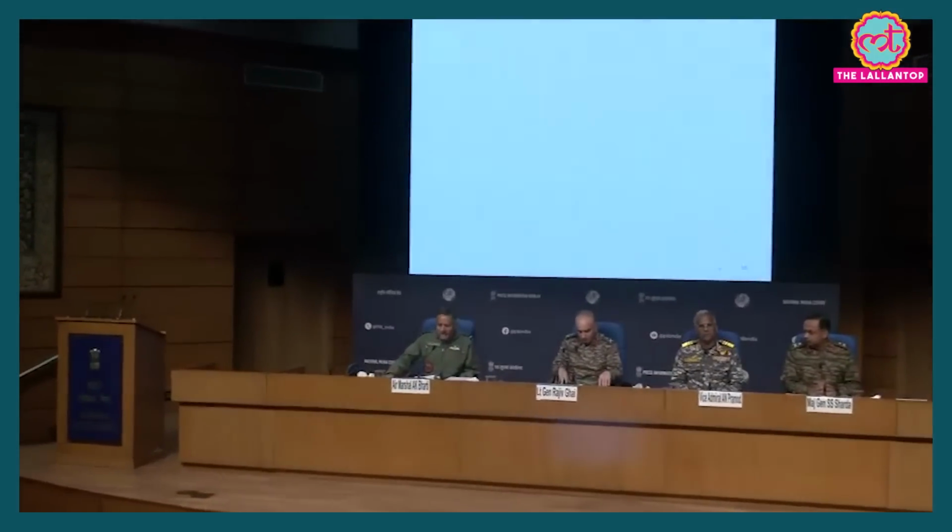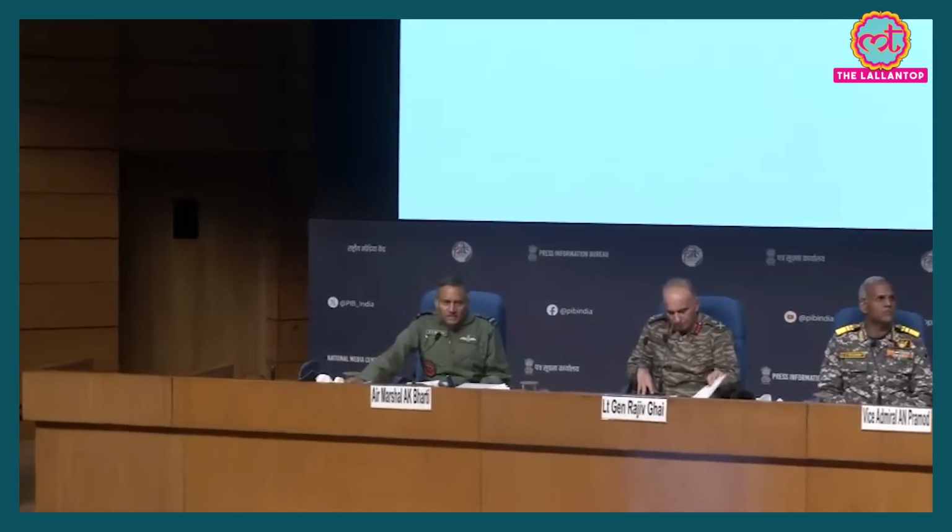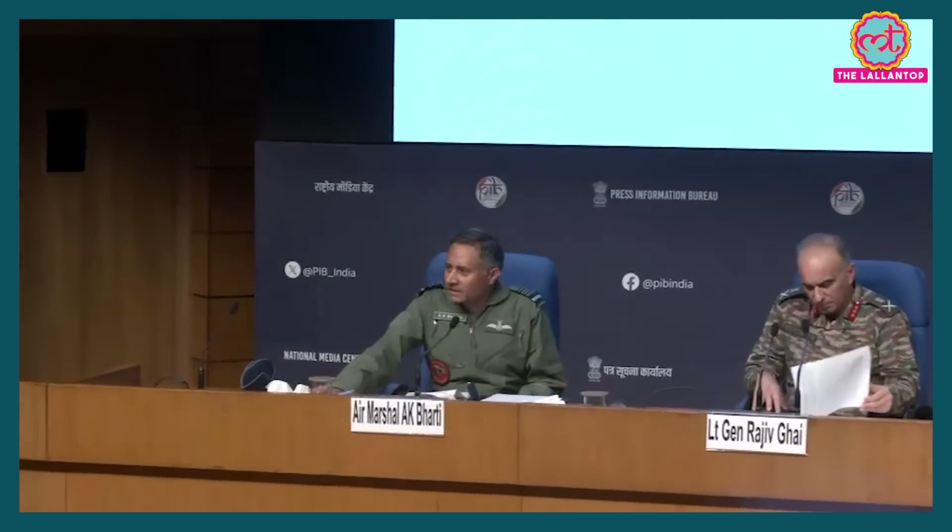What we found was that on the night of 8th and 9th, starting as early as 22:30 hours, our cities had a mass raid of drones, unmanned aerial vehicles, UCAVs, starting right from Srinagar, going down right up to Nalia. It was a mass raid in waves, and it was relentless. However, we were prepared, and our air defense preparedness ensured that there was no damage on ground or to any of the intended targets that the enemy might have planned for.